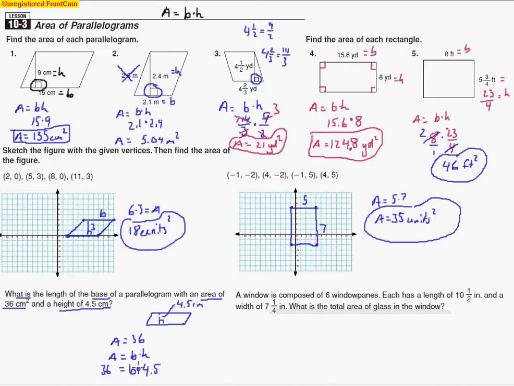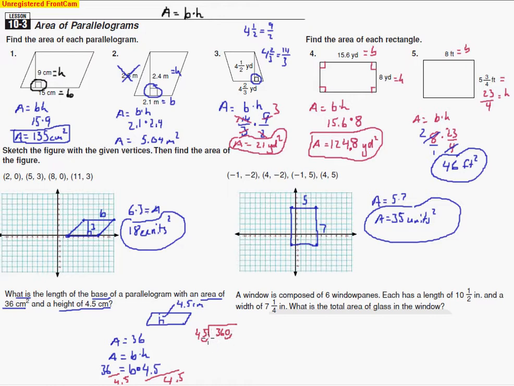So we're going to have to do an opposite operation. What's the opposite of multiplying? It's division. So we got to divide by 4.5. So we divide by that 4.5. Let's fix this real quick to make this look a little bit easier to see. So there's the 4.5, so we go ahead and do that division. When we do that, move that decimal point over in the divisor and the dividend. It's going to go over one space, go over one space, so it's 360. So as we do that division,